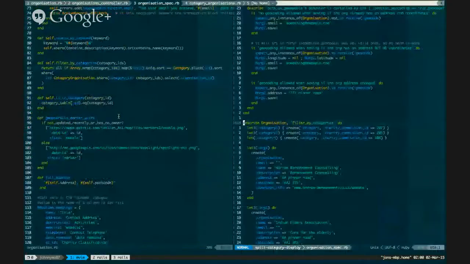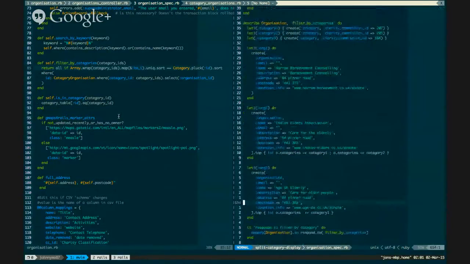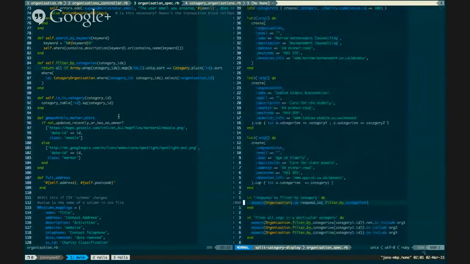Yeah, all the tests passed. Oh, yeah, now I remember the problem. We don't have a way of showing all organizations, even ones without any category, when we have all categories displayed. That was our problem. So, before I forget,